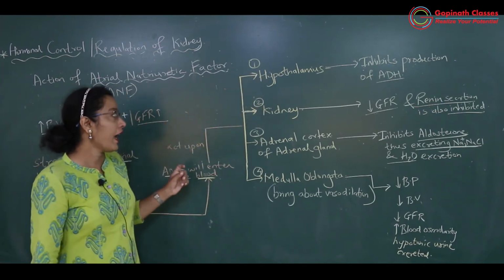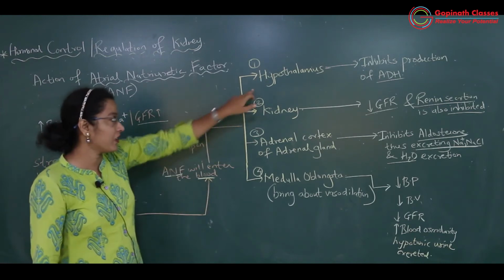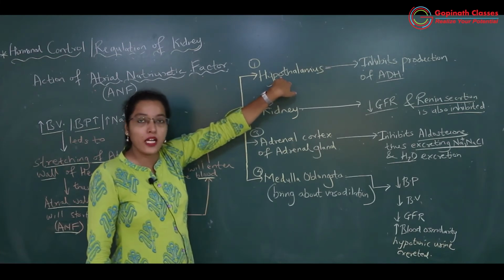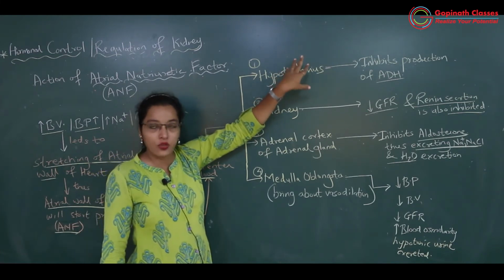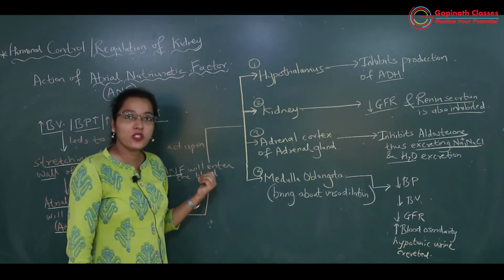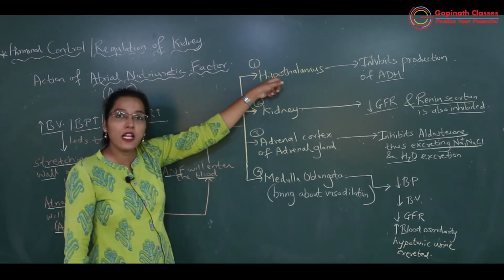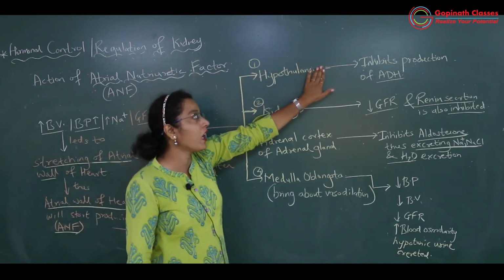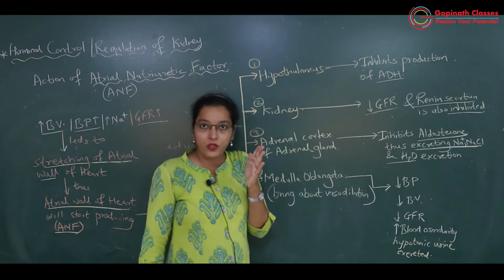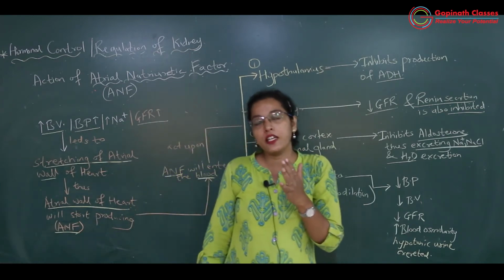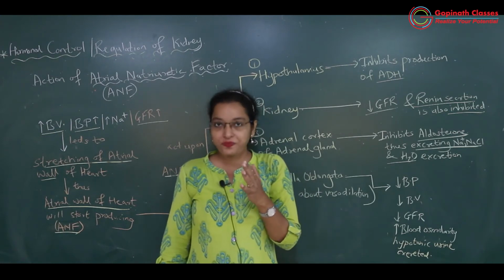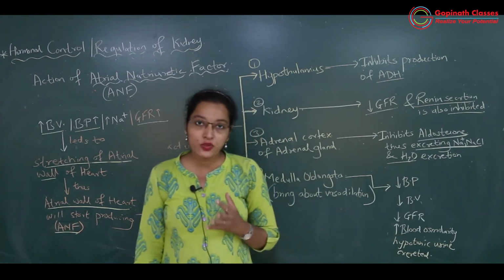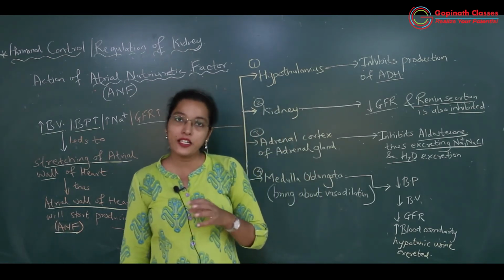Through blood, atrial natriuretic factor will enter in the hypothalamus. In the blood capillaries of hypothalamus, the concentration of ANF is high. So what effect will there be on this hypothalamus? The osmoreceptors which are there in the hypothalamus will be inhibited. What for are osmoreceptors there over the hypothalamus? To regulate the BP. These receptors are there to produce antidiuretic hormone, so that there will be reabsorption